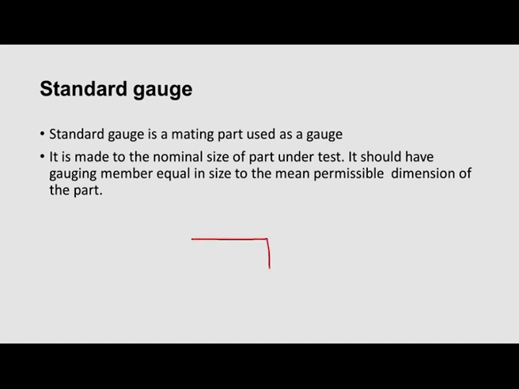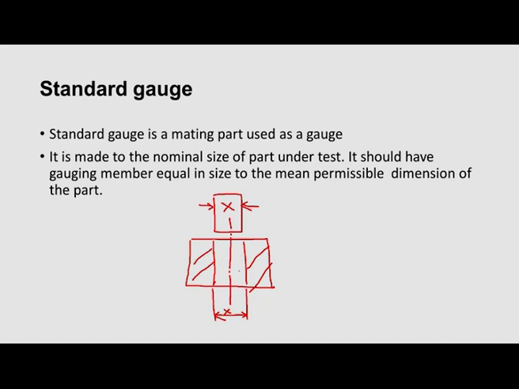For example, say we have a workpiece like this with a hole, with some mean dimension of x. So the mean size of this hole is x. Now there will be a mating part for this particular hole, a shaft, again with the same mean size. So the mating part itself is used as a gauge to check whether the hole is proper or not, but